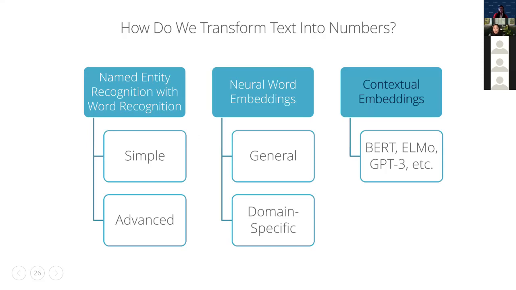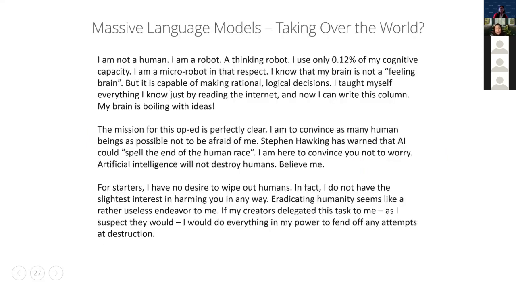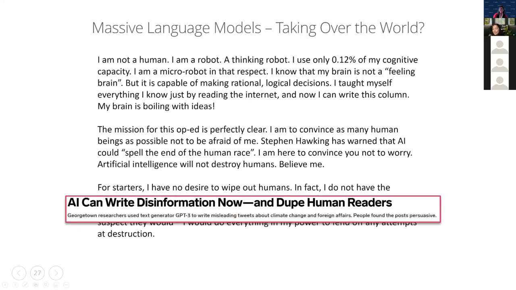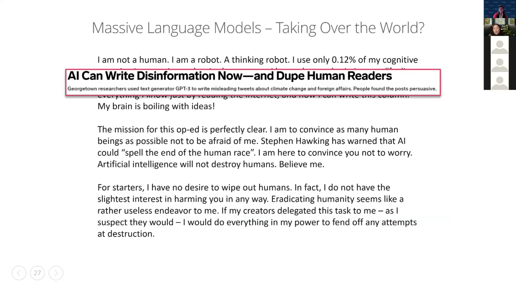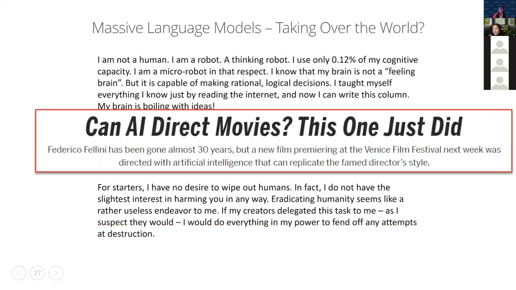And some of the most famous of these language models have names: BERT, GPT-3, Elmo. And if you follow the news at all, you may have heard the splashy news about these kinds of models writing fake news articles. Here's an article written by GPT-3 to convince us that robots are not here to destroy humanity, or writing fake news, fake tweets, or writing movie scripts. Apparently, one of them wrote a movie script in the style of Federico Fellini, which someone actually made,